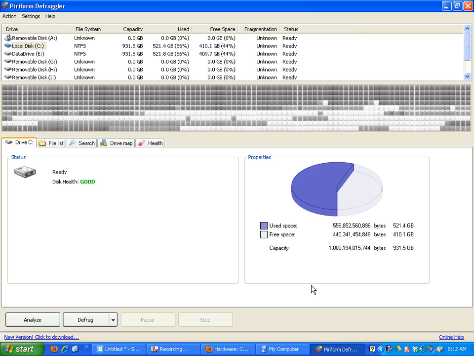Because if it defragments every single night, it never has that much to defragment. The first time you run Defraggler, it could take hours and hours to run. My son's gamer system took almost a whole day to defragment. Okay, so the other nice thing about this one, if I analyze, and I'm going to hit analyze here,